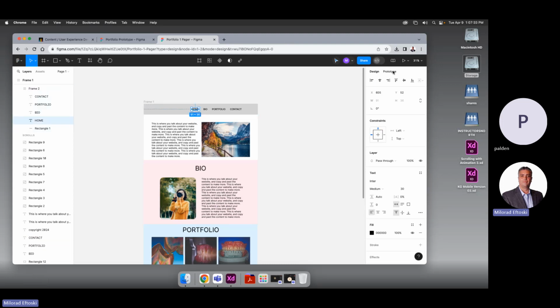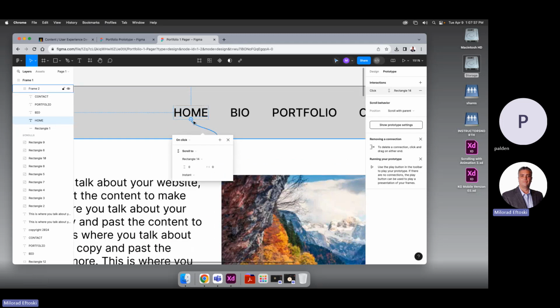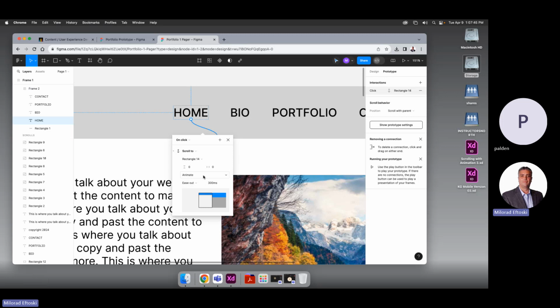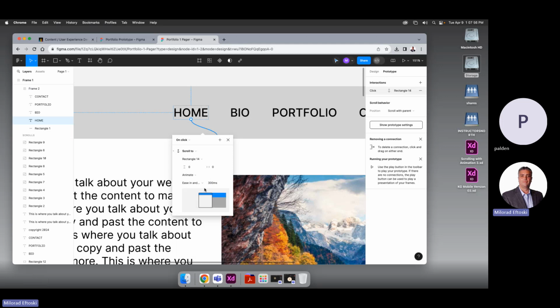So we're going to go back to prototype. We're going to zoom in and we're going to say, hey, you, arrow that connects this to that, don't just scroll there. We want you to animate instead of instant, and you can do ease in and out. Sometimes people like to use both. I see a lot of designers do the same thing. They like to use ease in and out. It's smoother than just in or just out. You can do either one. So now we just animated, and also